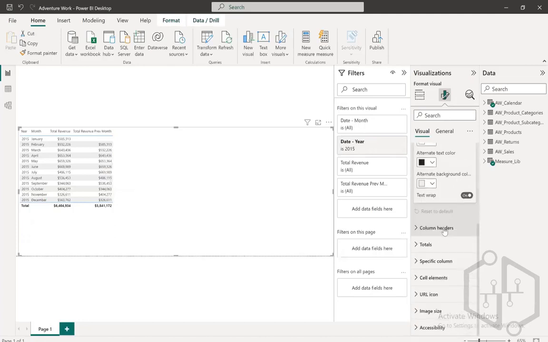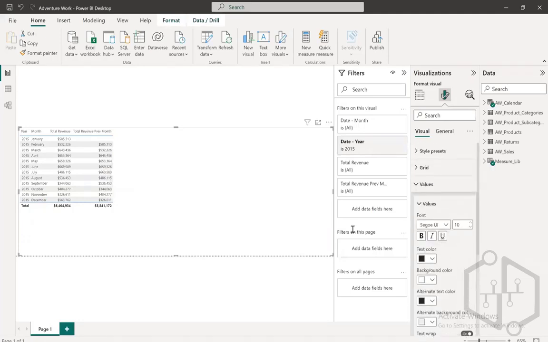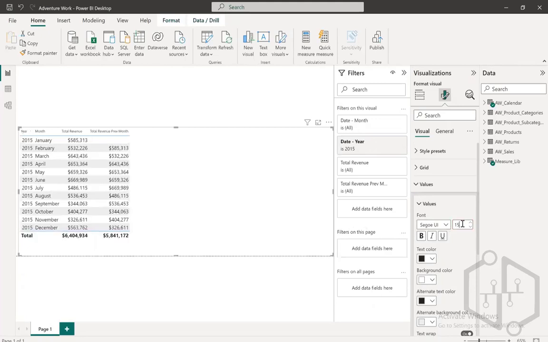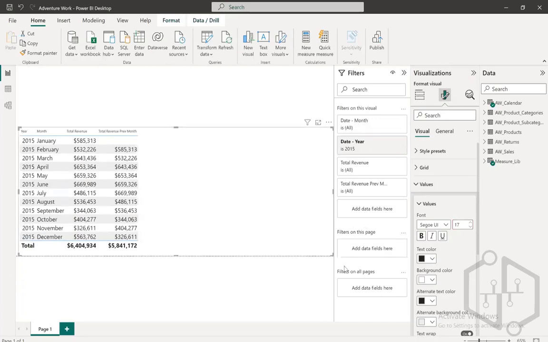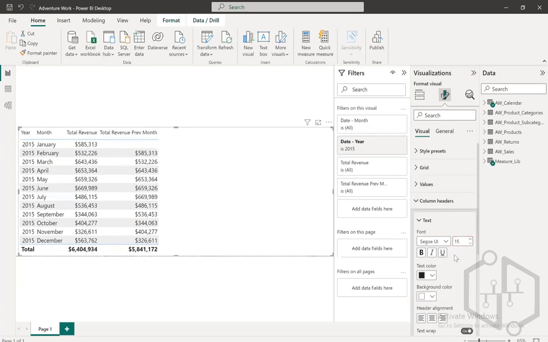Let's make it 15. This is big enough. Let's make it 17. There you go. And then I would like to also add a couple of things more. The column header, let's make it 15 and bold. Perfect. Okay, so